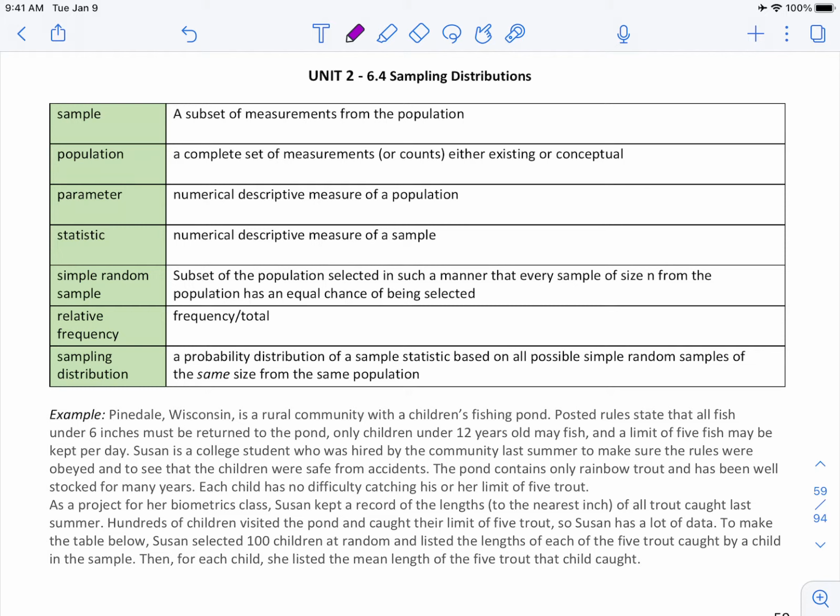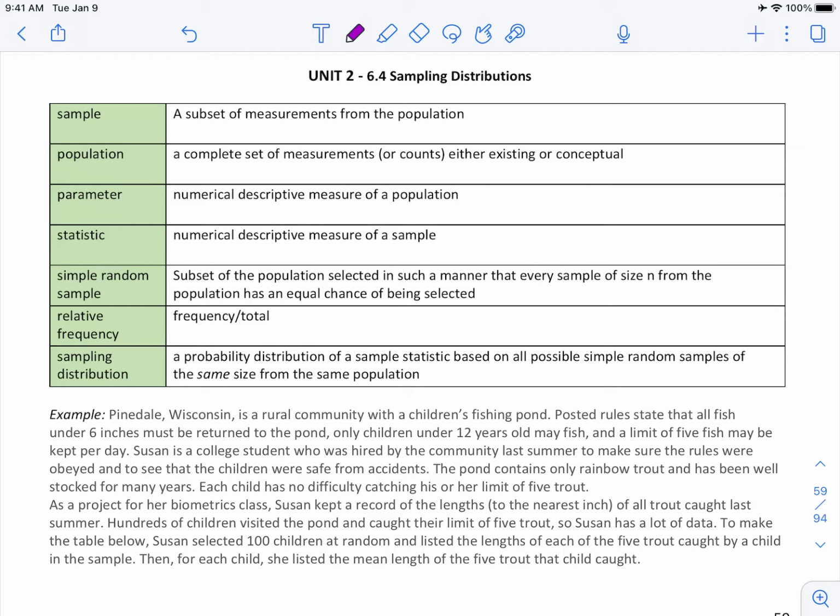The pond contains only rainbow trout and has been well stocked for many years. Each child has no difficulty catching his or her limit of 5 trout. As a project for her biometrics class, Susan kept a record of the lengths to the nearest inch of all trout caught last summer. Hundreds of children visited the pond and caught their limit of 5 trout, so Susan has